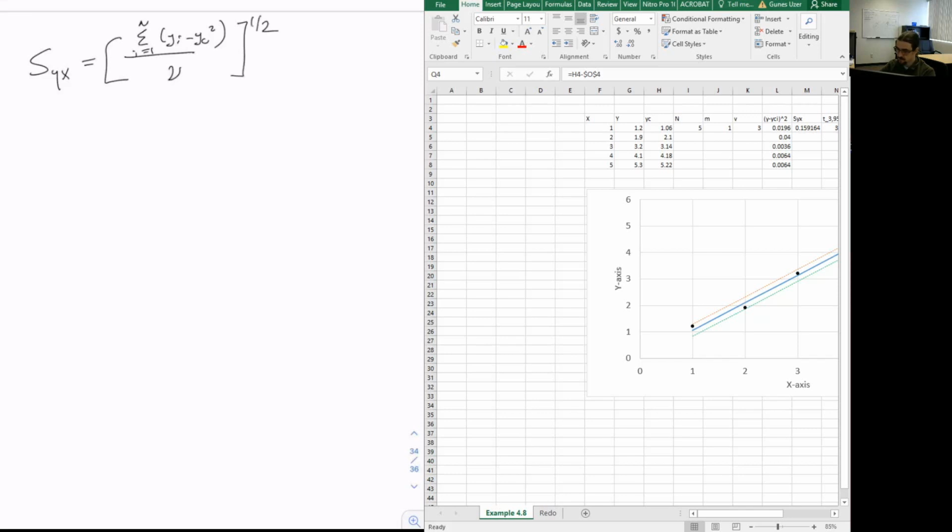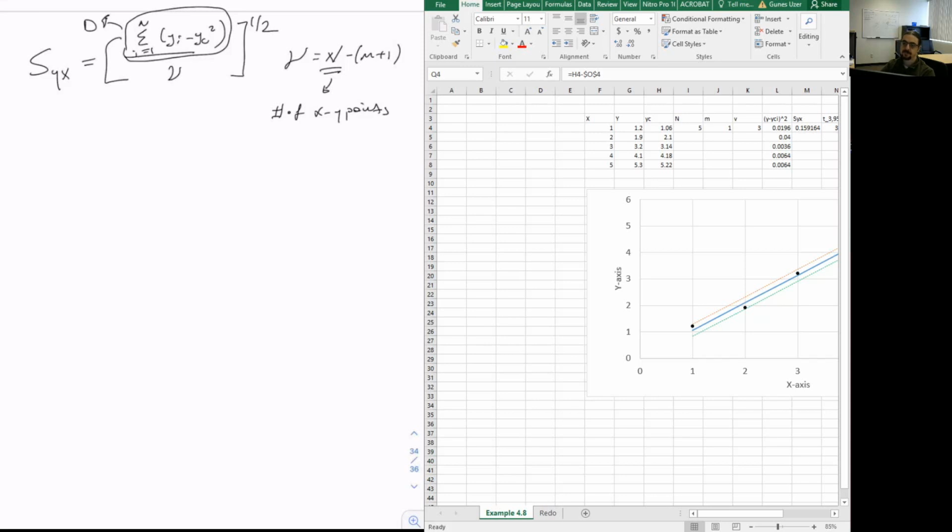In this case, you can imagine that the top term is actually your d, as we defined it. And then your degrees of freedom is going to be n minus (m plus 1), where n is the number of xy points